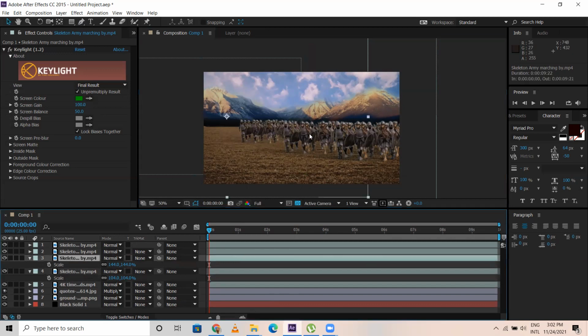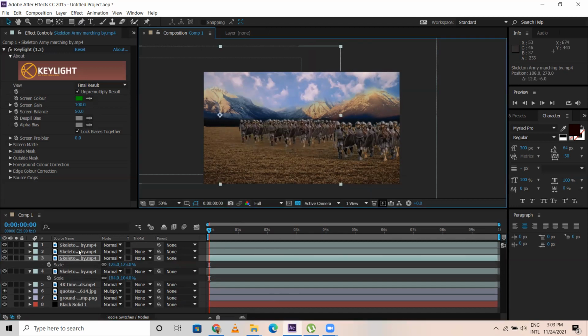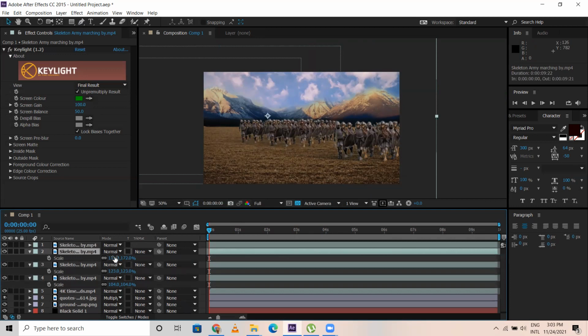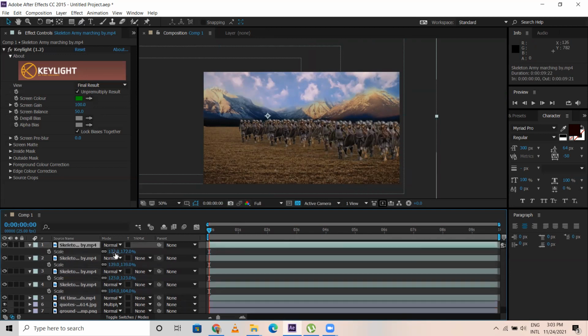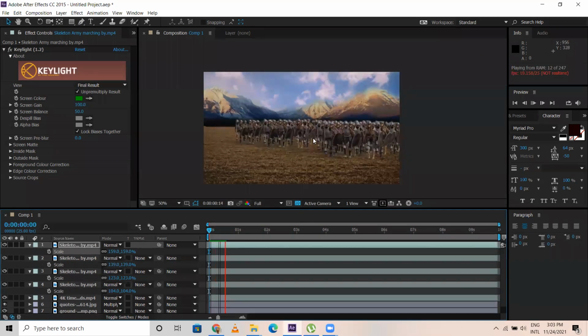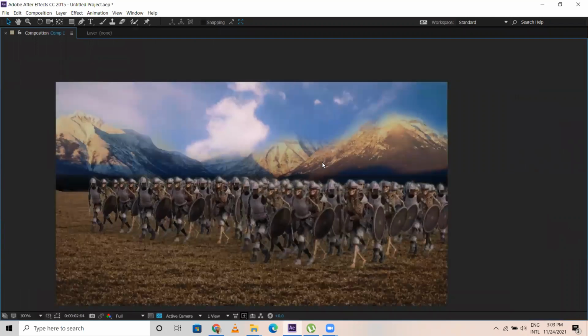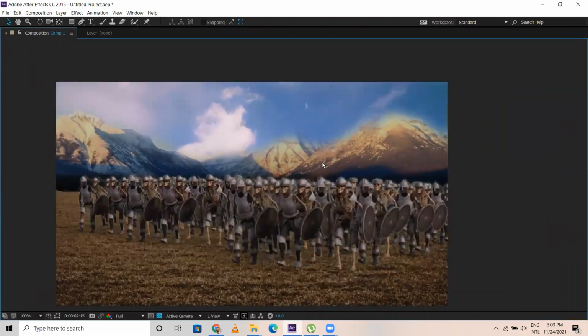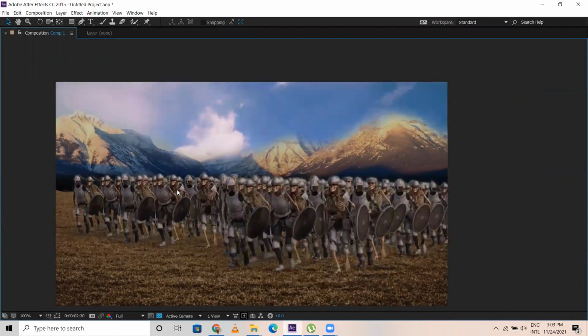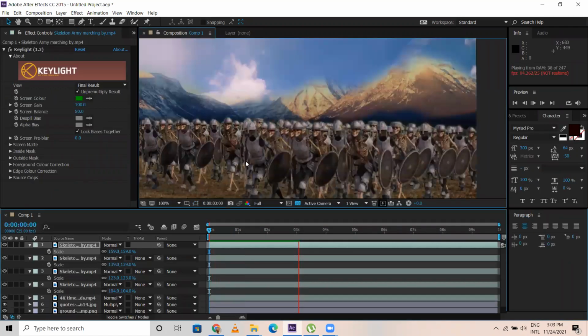This one, it's over here. I can scale them also a bit down like this. And this one, I can scale down a bit like this. And this one, scale down a bit like this. So now when I play, all these are like this. Okay, observe. This is how it is. It was just one footage, let's say 30 soldiers. Now if you see, it's more. So now the placement again.